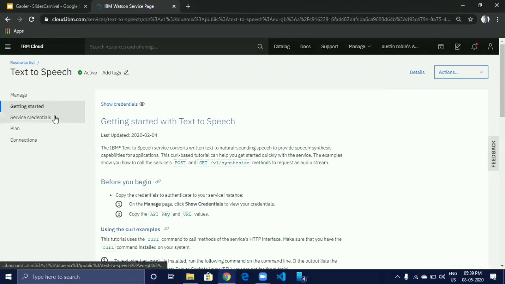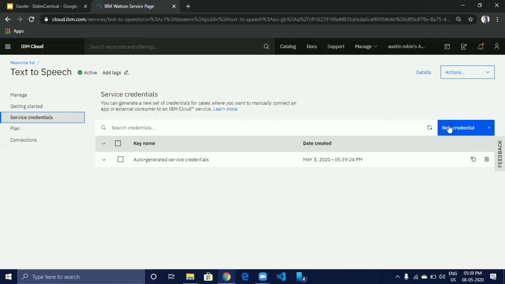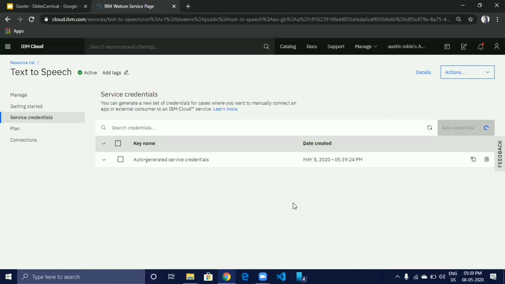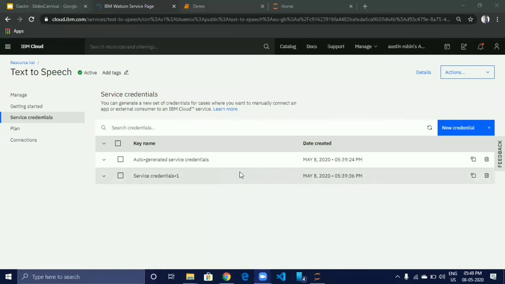Now go to the service credential, click on new credential, then click on add button. That's it. We successfully set up IBM Watson text to speech service.